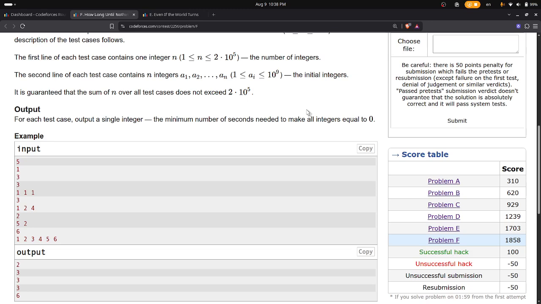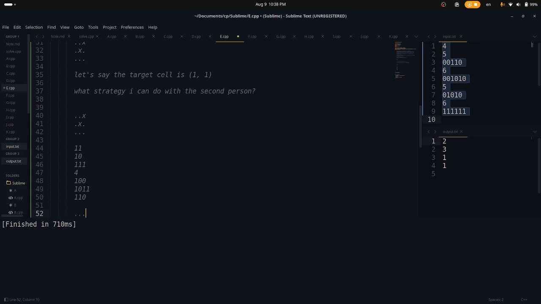So if a particular element is currently minus 1, maybe 1, it probably depends on the consecutive number of set bits in a number. Because if there are like consecutive number of